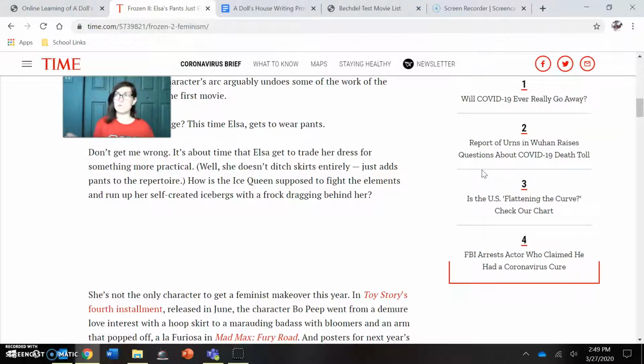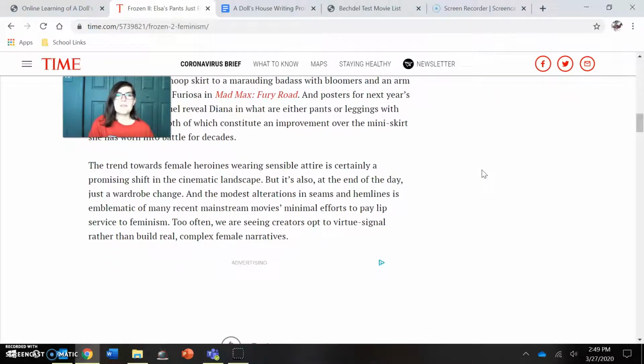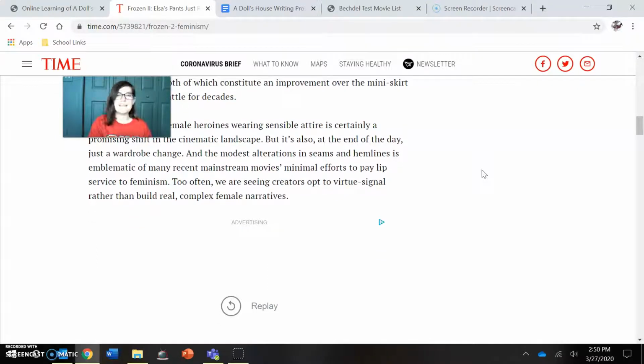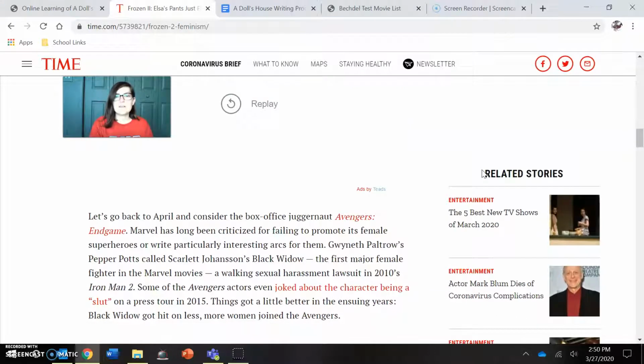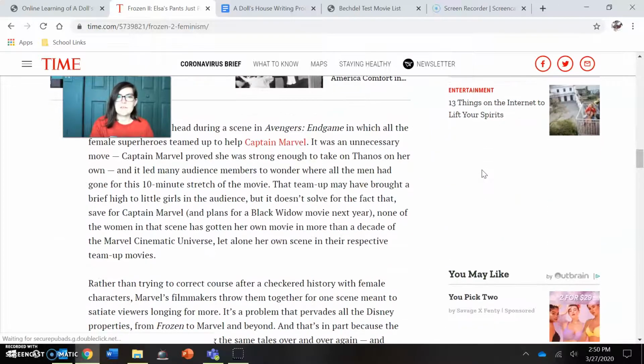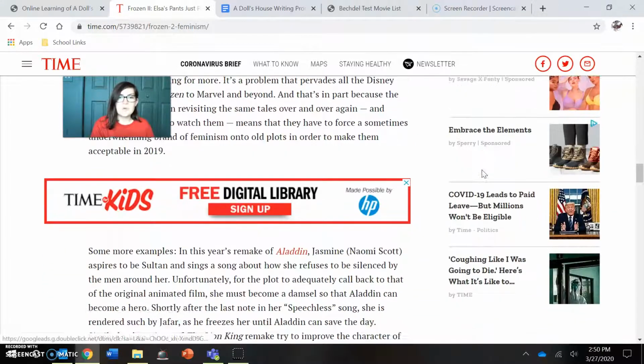Even Jasmine, who did wear pants in Aladdin in the 90s, not very practical pants, she's wearing pants with also a bikini top. So does that count, or was it more of a fashion choice than a practicality choice? And so this asks, does putting the princess, the queen, in pants take it far enough? It talks about Mad Max Fury Road, Avengers Endgame, Captain Marvel, and a lot of discussion on this,